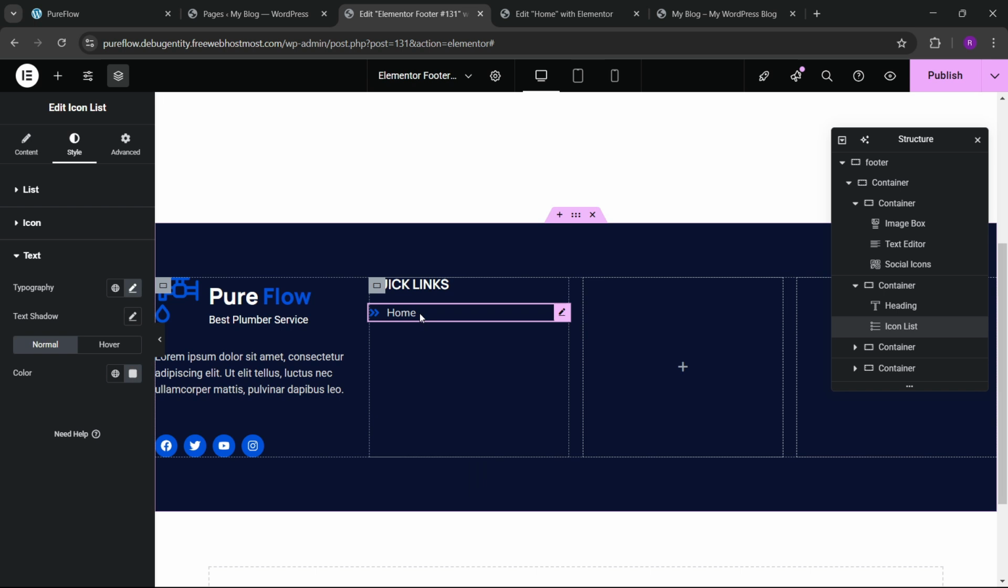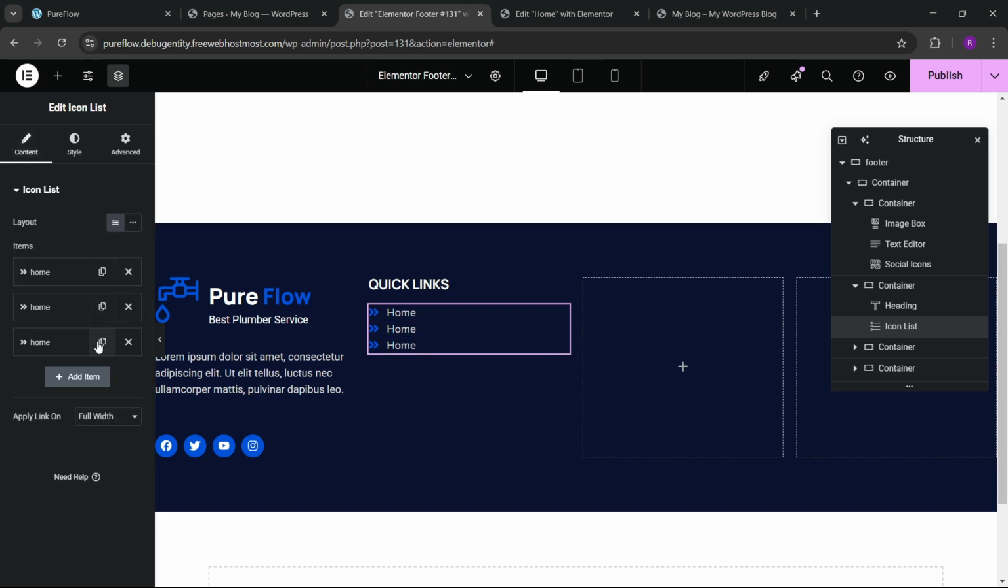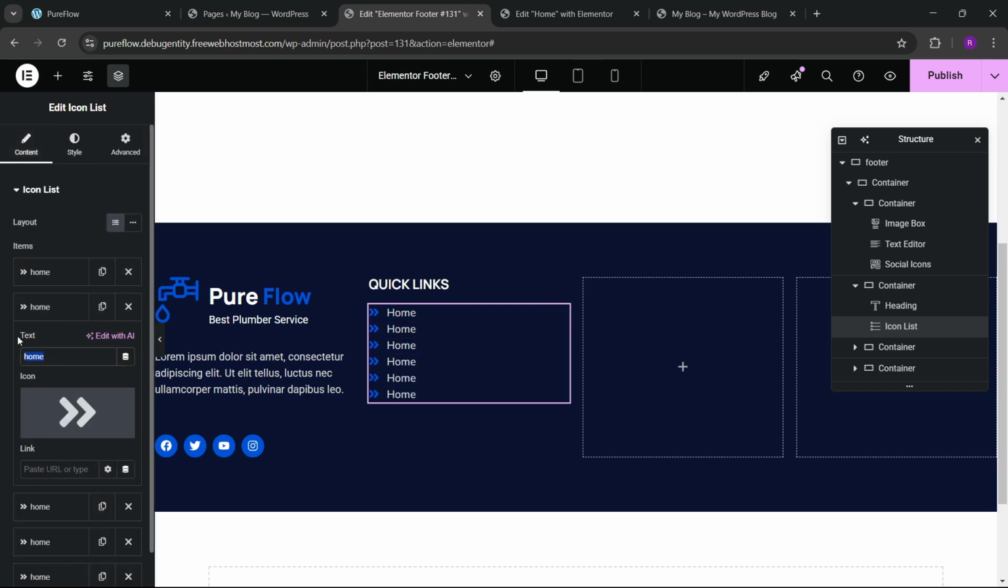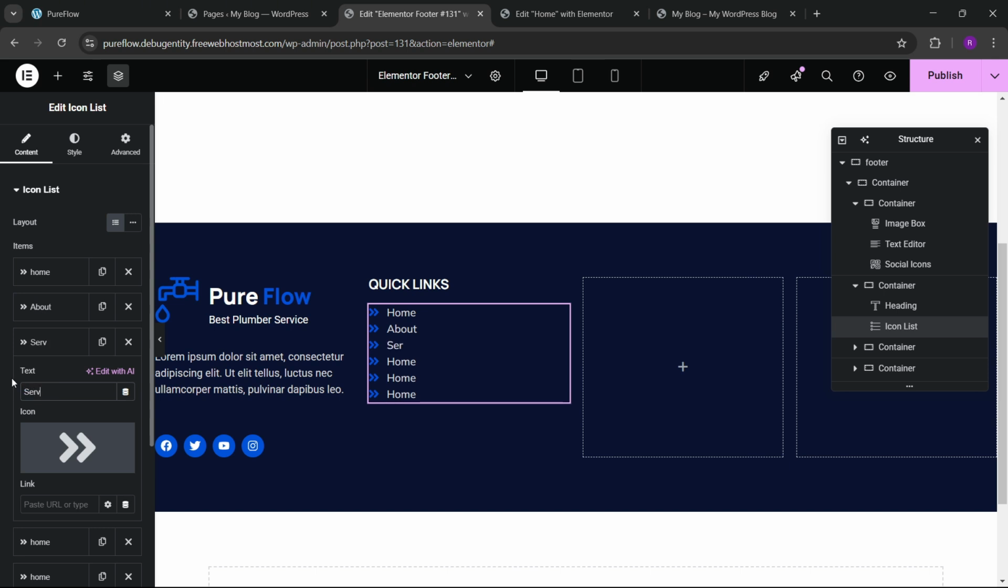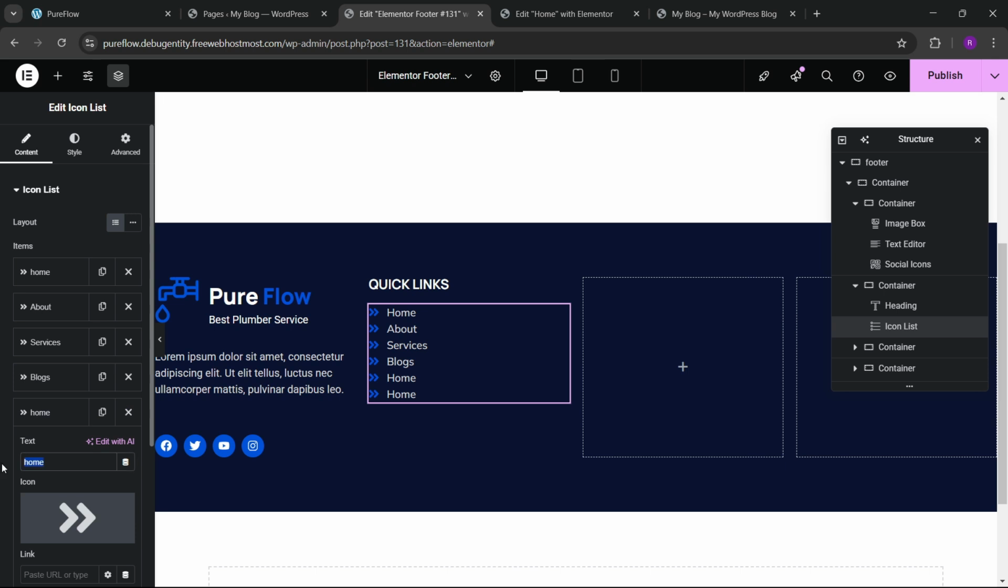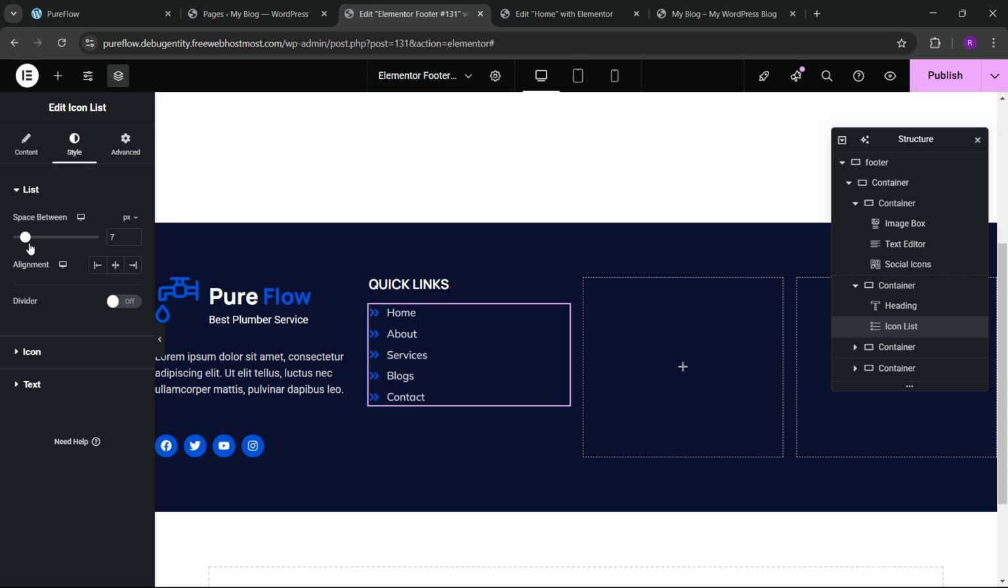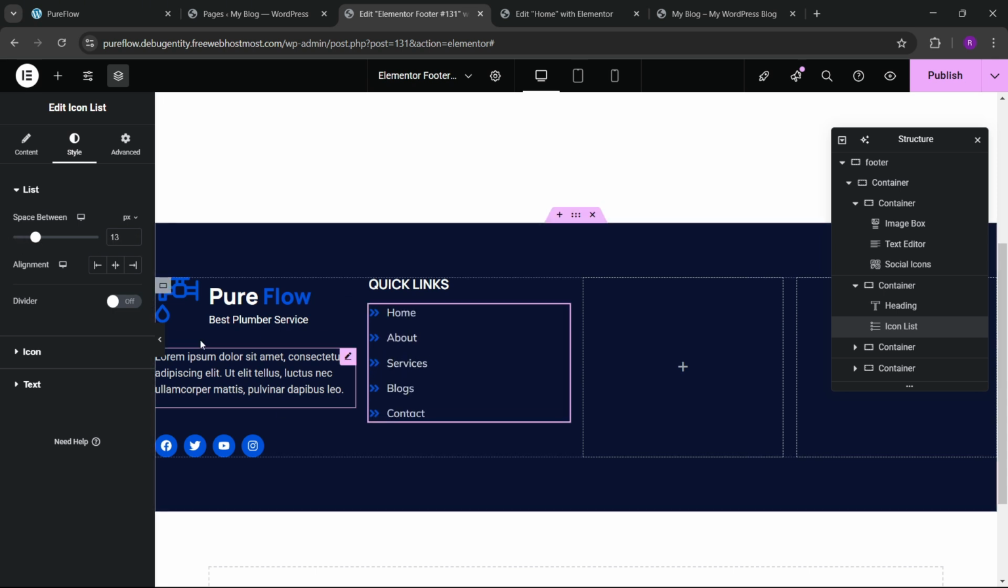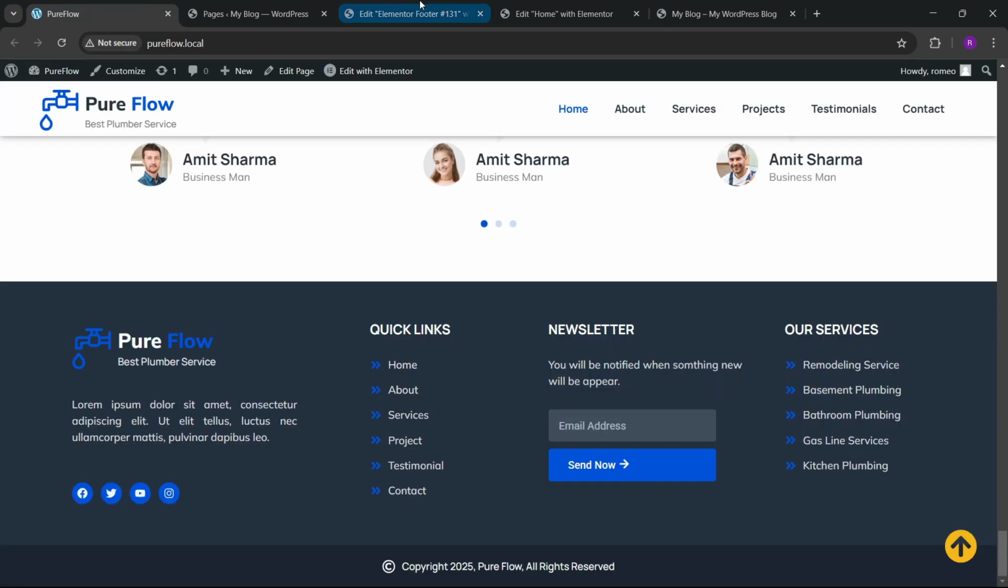Now we can just go here, and here we can duplicate this multiple times. So here we have to just replace this content: about. Here we can write services. So I'm just putting some dummy links here, blogs, and here we can write contact. Okay, let me remove the last one. Here we can put some space between to this. Let's keep this 13. Okay, so, and here you can see that we have this little bit gap more, so